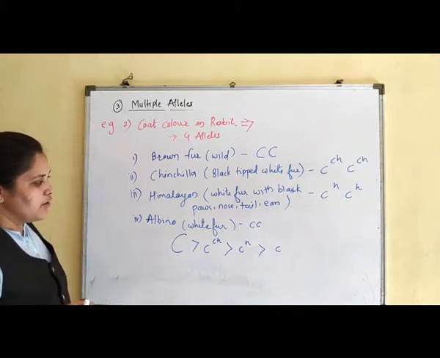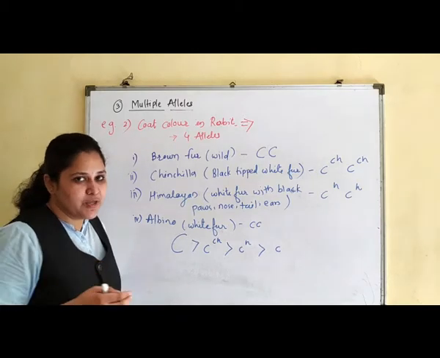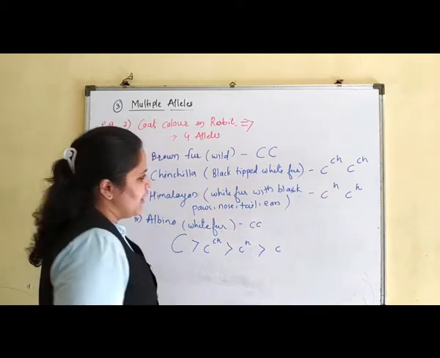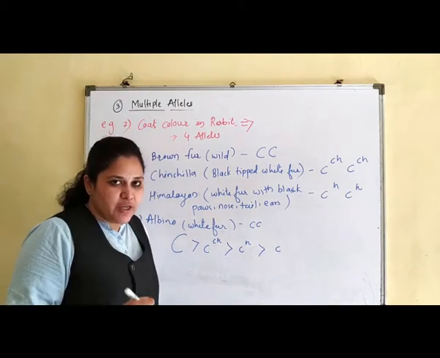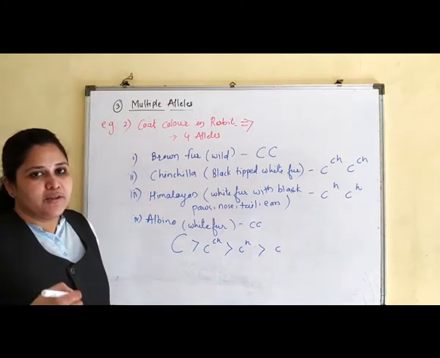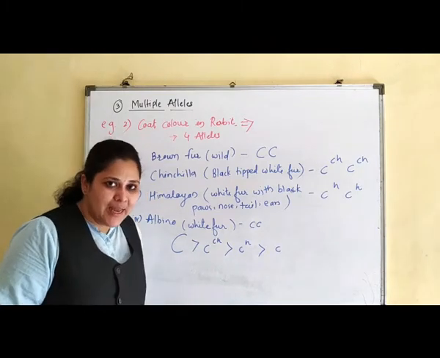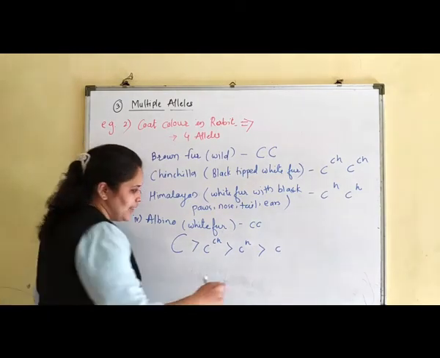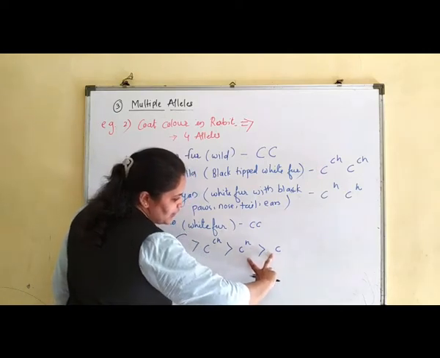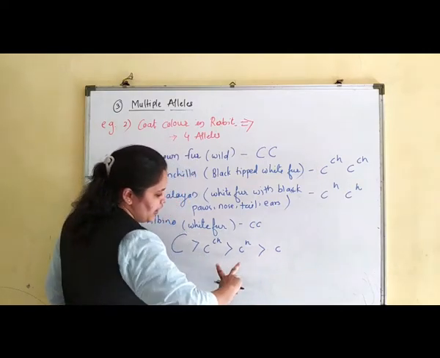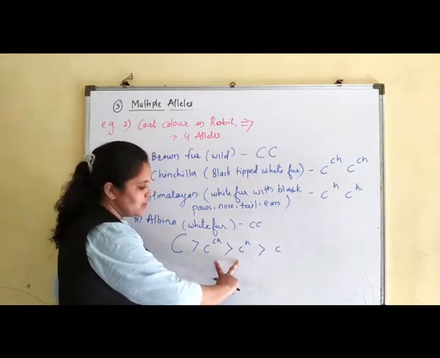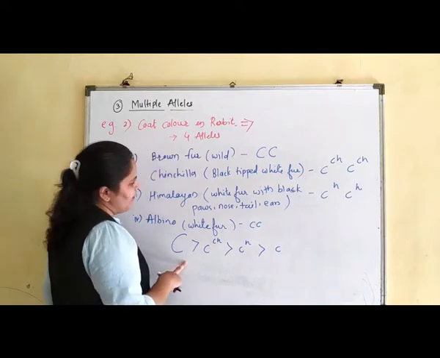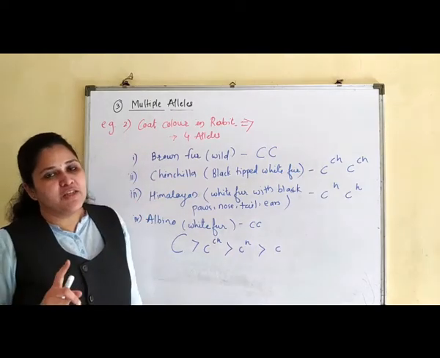Fine. So again, it depends upon the type of alleles present in that rabbit. There are different types of genotypes which give rise to phenotype. So the phenotype of a rabbit depends upon the nature of the dominant allele present in that organism. The degree of dominancy is like this: if these two alleles are present, the rabbit will get Himalayan type of fur. If these two alleles are present, the rabbit will get chinchilla type of fur. And if these two are present, then the rabbit will get the brown color fur, which is the dominant one.